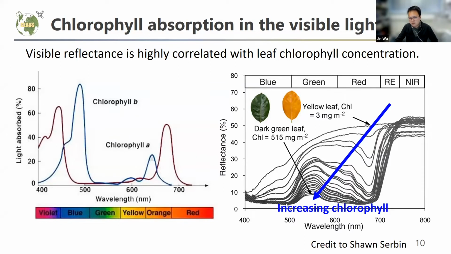And one thing you can probably already realize is that the leaf reflectance spectrum, across the large range, normally has really low values in the blue light and also really low reflectance values in the red light, but in the green light it normally has a slight peak, right? That's the reason: for a green leaf with a higher chlorophyll concentration, the blue light and red light are almost used up for photosynthesis, and then really low reflectance emerges. And because they have relatively higher reflectance in the green light, that also explains why most leaves look green in color, right?